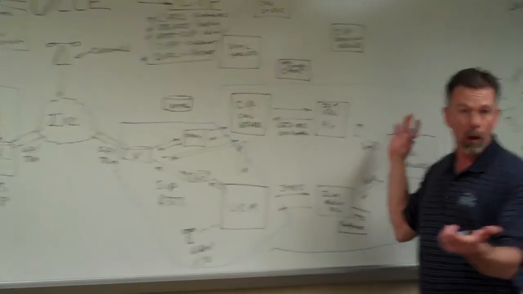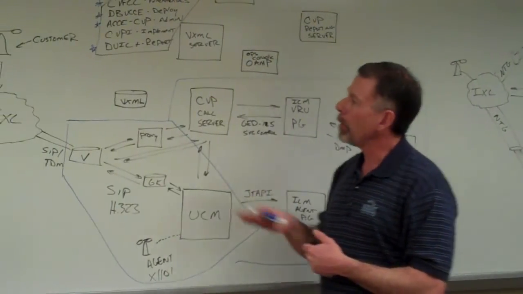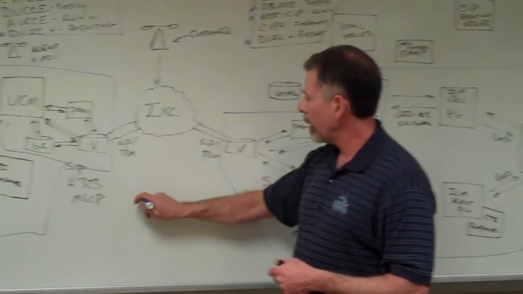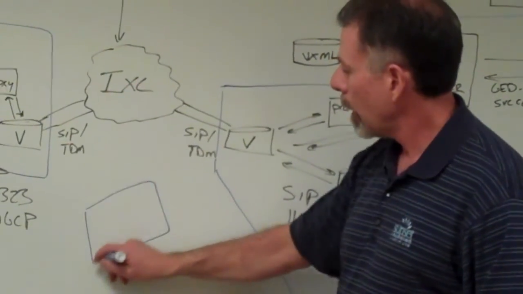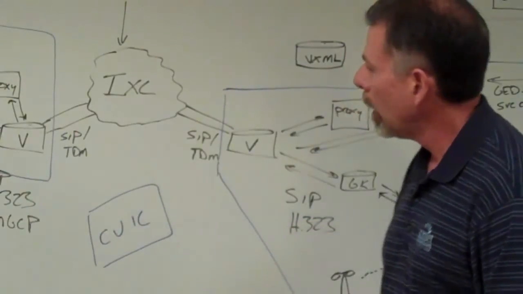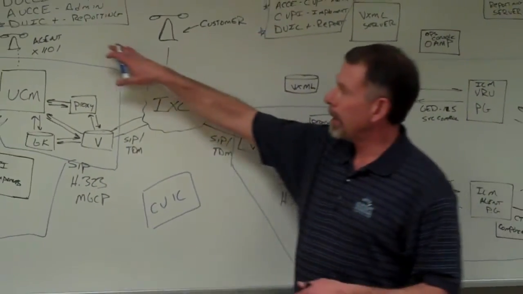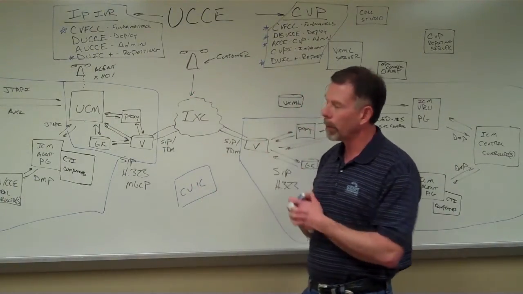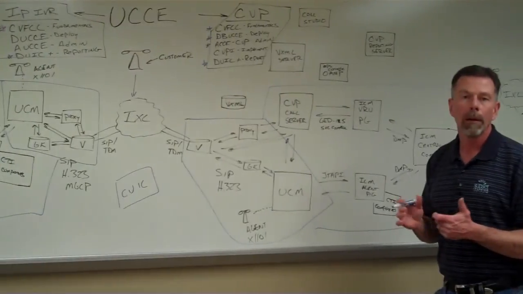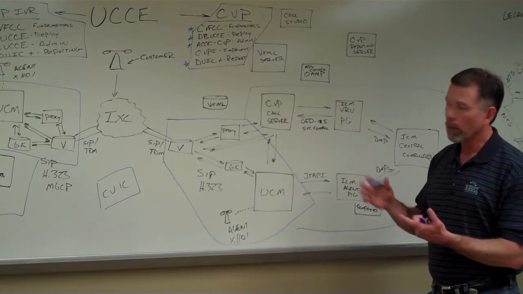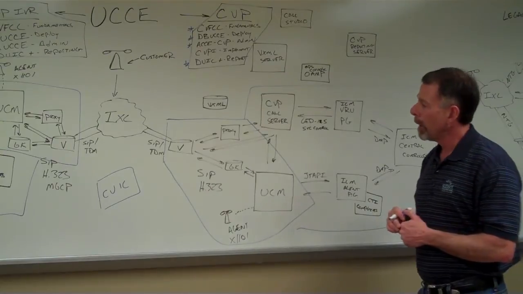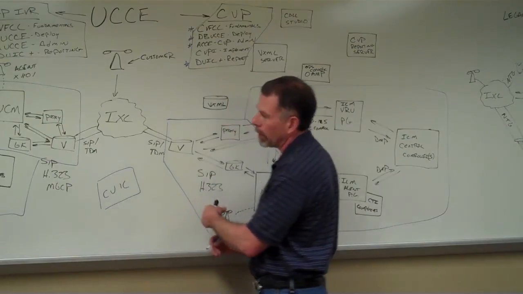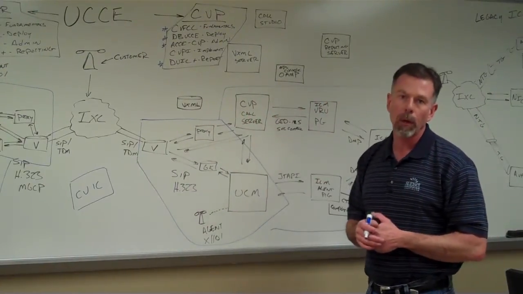Last thing I'd like to talk to you about is the reporting solution that kind of goes or spans across all of these environments, really. The newest, latest, greatest reporting solution in the bag of tools out here is a product called CUIC, Cisco Unified Intelligence Center. There's an off-the-shelf class called DUIC, Deploying Unified Intelligence Center, that speaks to this new product. By the way, all of our components out here are the latest and greatest version of 8X that you're likely to encounter. We can also talk to you about other versions as well. But CUIC, replacement for WebView, and ultimately CUIS is the reporting tool that you would use across these enterprise solutions.